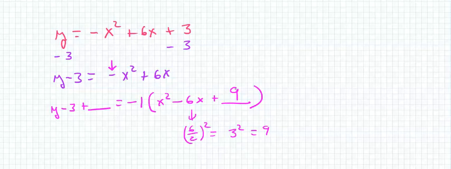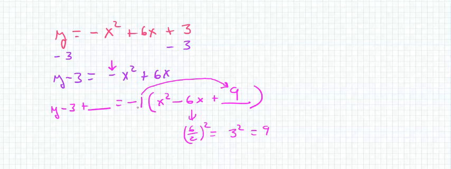No. This really isn't a positive 9 because this negative 1 multiplied by this is a negative 9. So even though you wrote positive 9, the effect of this negative 1 here is that this is a negative 9. We add a negative 9 here, and we get y minus 12